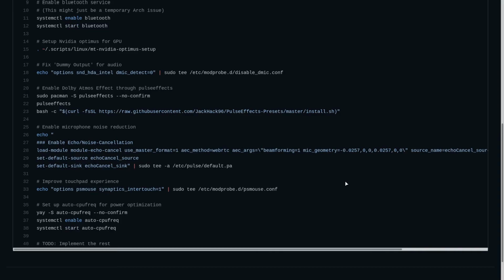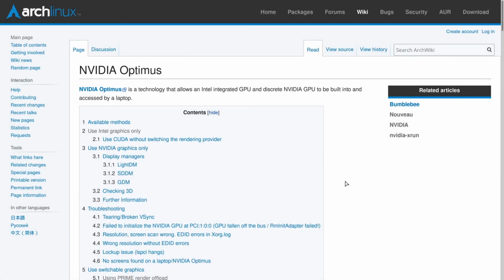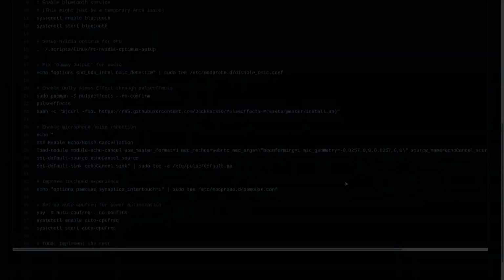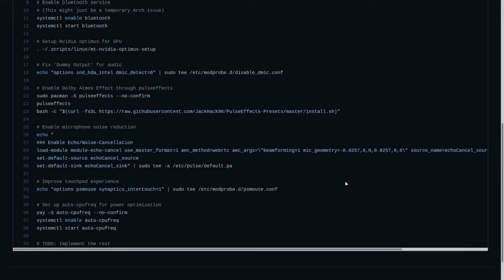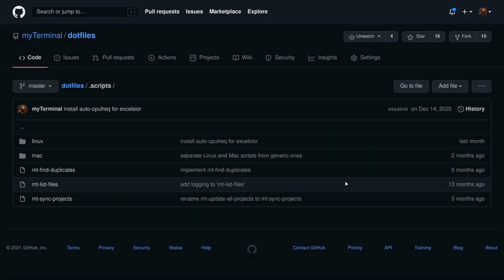As I've already mentioned in one of my videos about how I configured my ThinkPad for Arch, it takes care of a lot of things like setting up the right DPI for the 4K screen, setting up the hybrid graphics with NVIDIA Optimus, fixing audio issues, enabling some basic power saving, and a few more. This is one of those things that are still under development, but at this point it already makes the computer much more usable than it would otherwise be without these additional steps. The script resides with a bunch of other scripts I keep in my dot files for a few other purposes, and this is also added to my path so I can invoke it without referring to the physical location. Not that it adds any value, but why not?